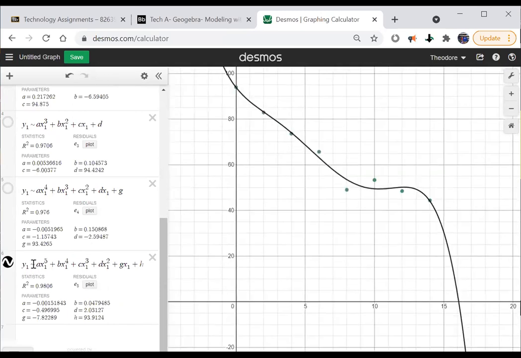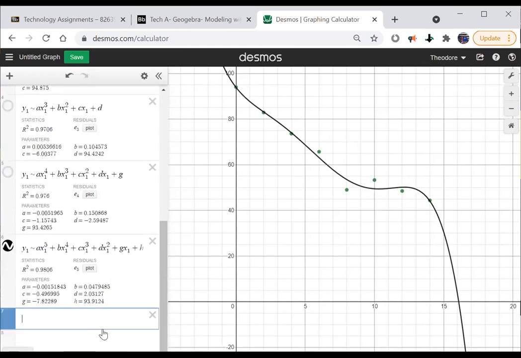All right. So all of these coefficients would get plugged in and we would rewrite our function as a new function that we would call f of x using these parameters. What I would do, because there's a bunch of different ways to do this, and I've got to say there's actually a more convenient way to do it, but it involves deleting all of this other stuff. And I actually need to see all this other stuff for you to get credit. So I'm going to show you the way that you're probably not going to love, but this is the way we're going to do it. We're going to rewrite this function as f of x